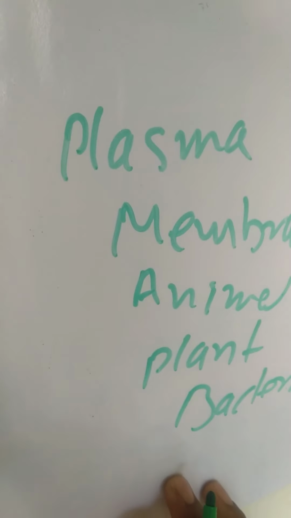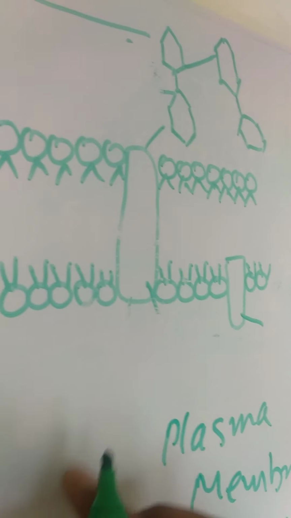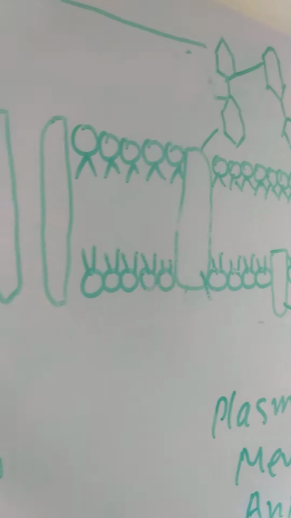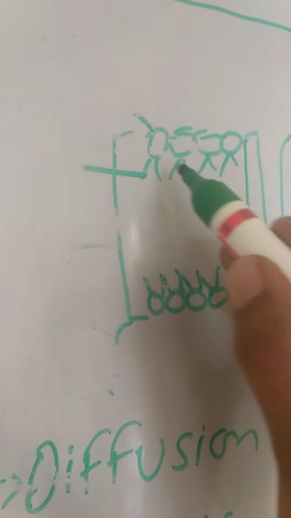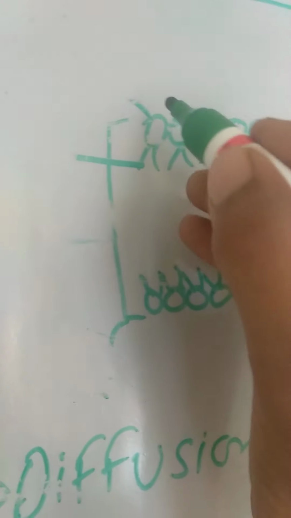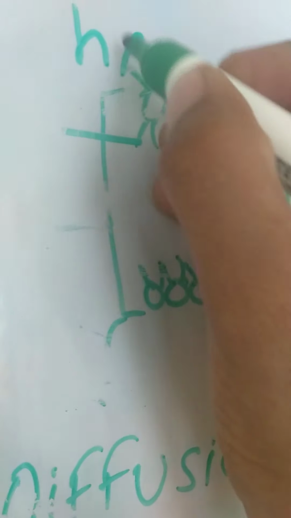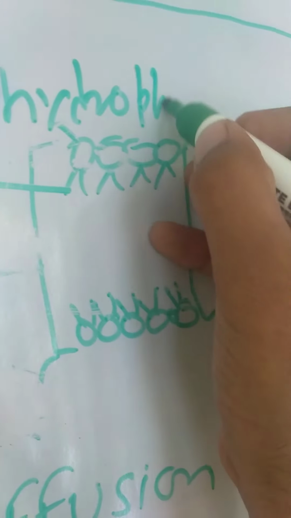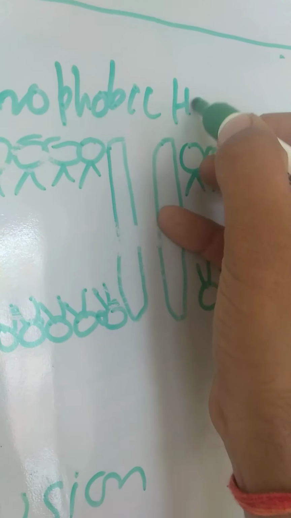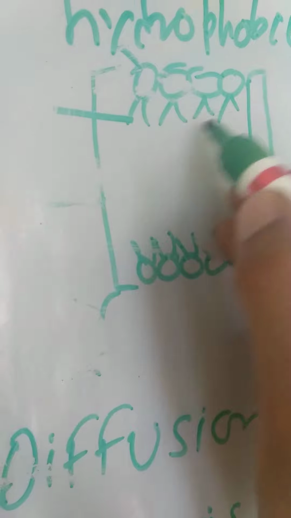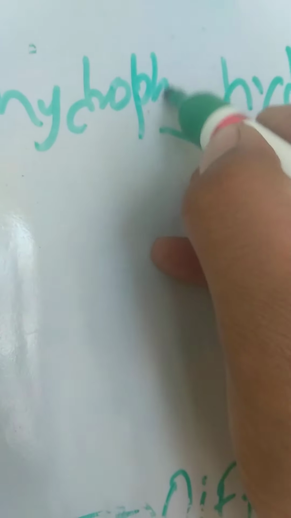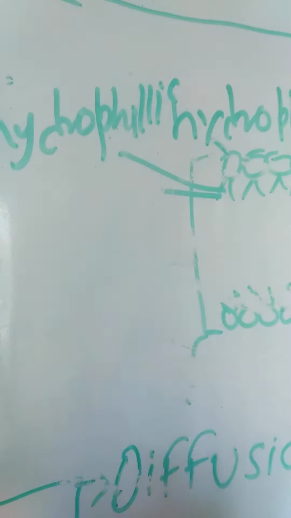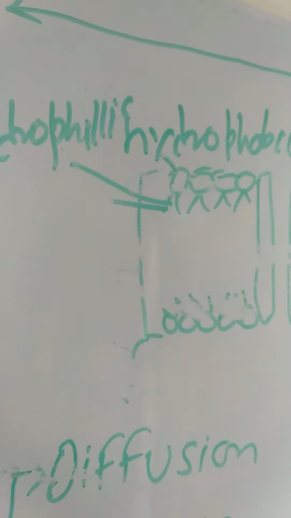So you have to think about the structure I am going to discuss. I have drawn one diagram for you, that is the structure of a plasma membrane. Actually, this diagram is a very interesting diagram. See here, this head region is called hydrophobic head, and this is the tail, so it is called hydrophilic. Hydro means water, you know, so by this name only it is named so, hydrophilic and hydrophobic.